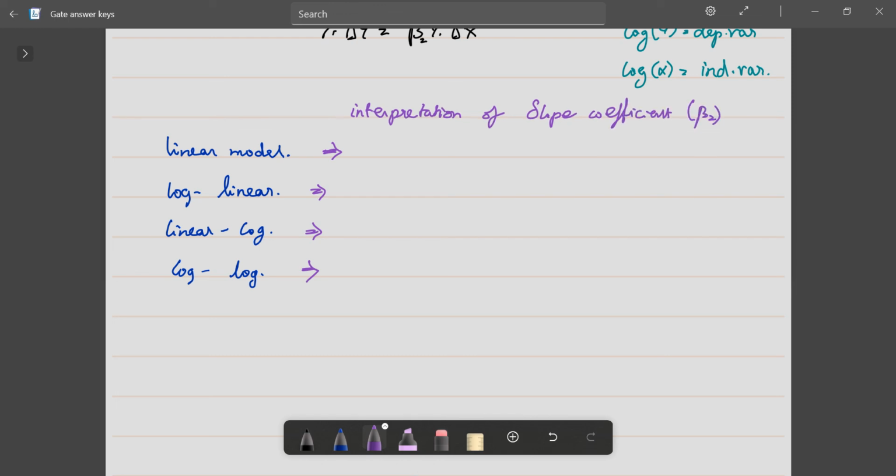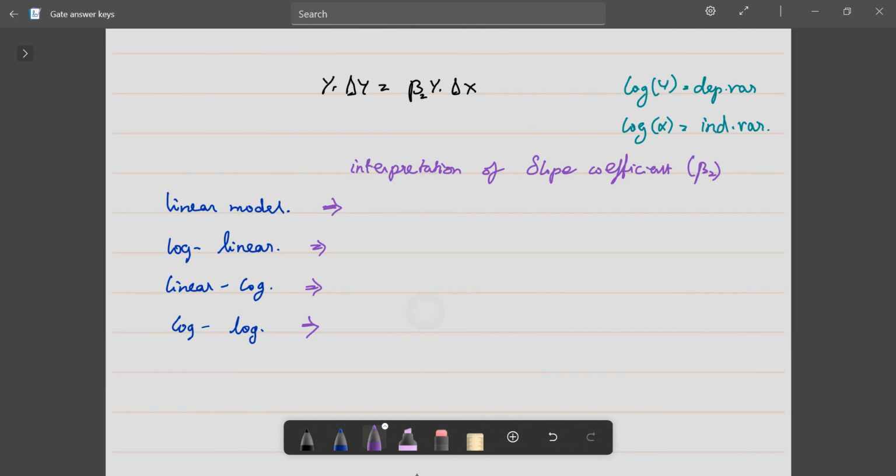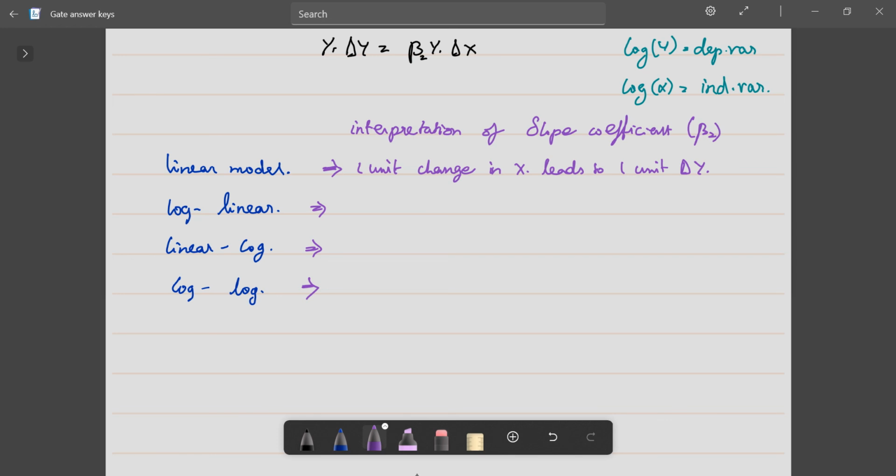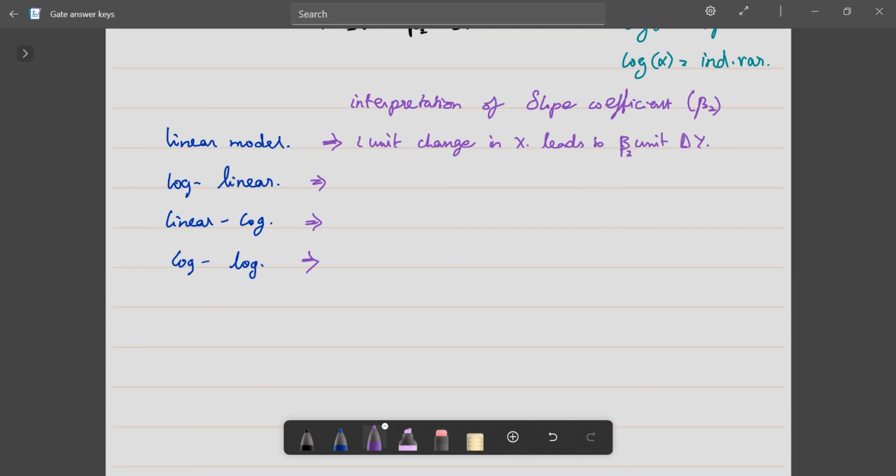So in the linear model, what is the interpretation? 1 unit change in x leads to, sorry, beta 2 units change in y. Next, in the log linear model,